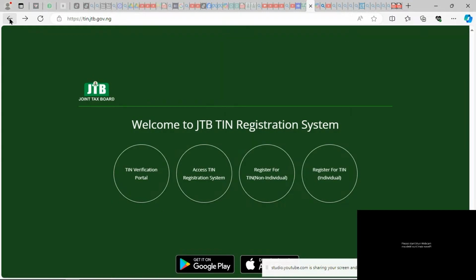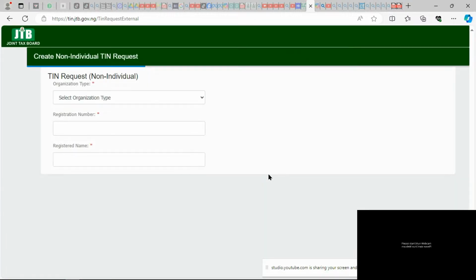So let's go to the main reason we are here today, which is to register for TIN, taxpayer identification number, non-individual, so for business. I'll click on this. Coming here, you ought to have gotten your business name registered with the CAC, because you'll be picking a number from your CAC certificate for your business.